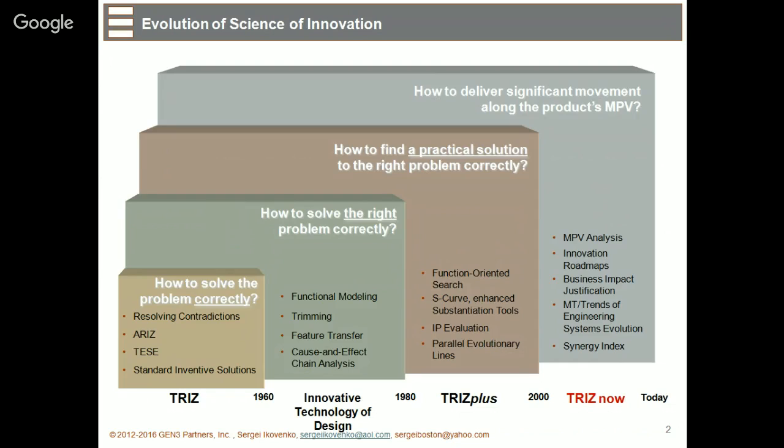So a group of tools that was added to classical TRIZ in the mid 80s, late 80s, was a group of analytical tools that don't solve anything but allow us to select a new problem that has not been addressed before, because this way we have more chances to generate an innovative or patentable solution. So analytical tools are like function analysis, derived from value engineering developed at GE, trimming, hybridization